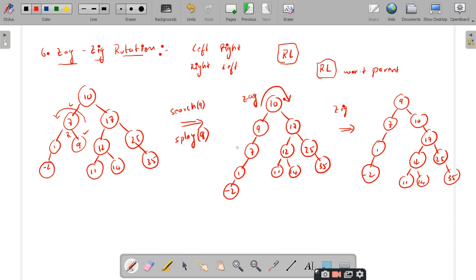And for performing the splaying operations, we have 6 types of rotations: zig, zag, zigzig, zagzag, zigzag, and zagzig. Everything we have explained with examples. So this is the end of today's session. In the next session, we will discuss the concept of insertion of a node in the splay trees, and if time permits, we will also discuss the deletion of a node from the splay trees. Very simple concepts. If you know these rotations, it is a very simple concept, right?